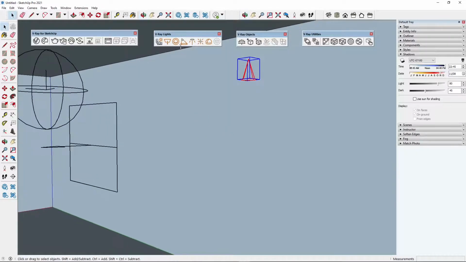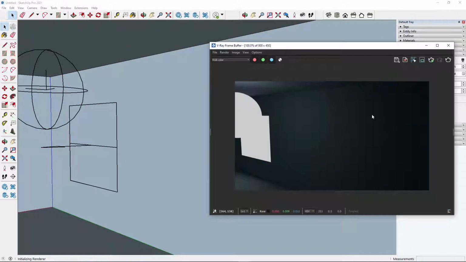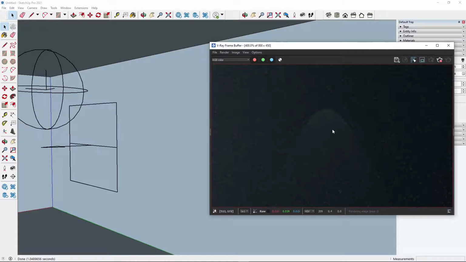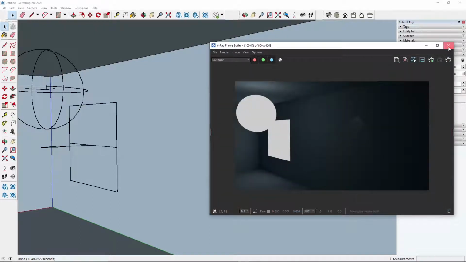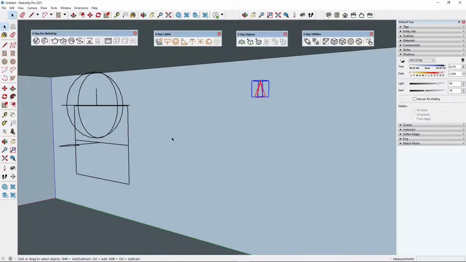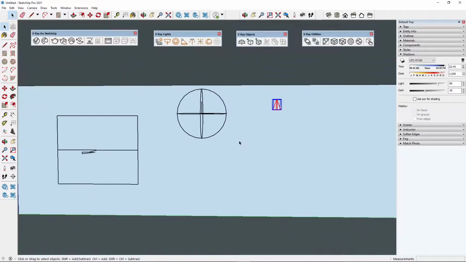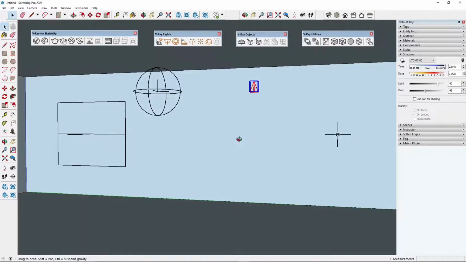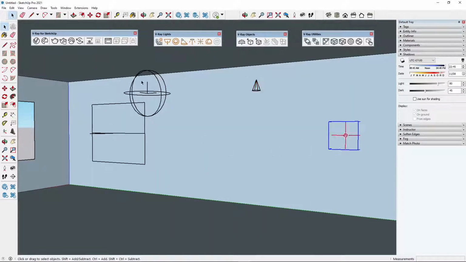So let's start the render again. Let's see if we can see something already or not. Okay, yes, we can see something, but it's really, really low again. This is something that we need to fix in the settings in the VRAY asset editor, which we're going to go into in just a minute. And this one here is the Omni light. The Omni light is pretty similar to the sphere light, but in this case, it doesn't have a diameter, or it's not